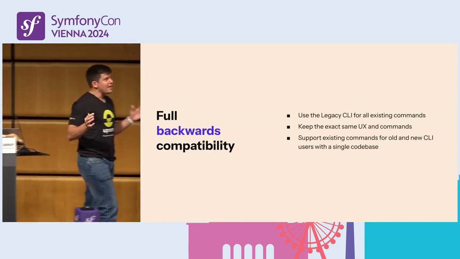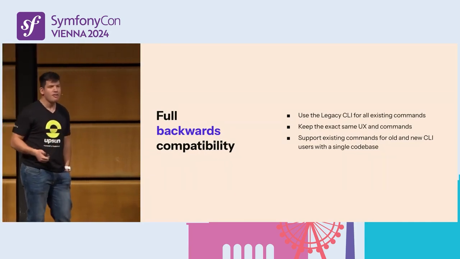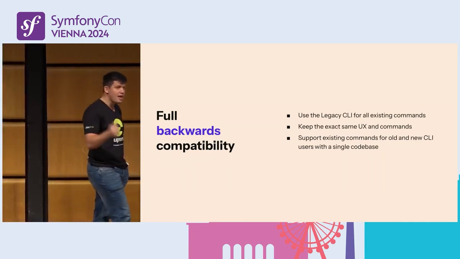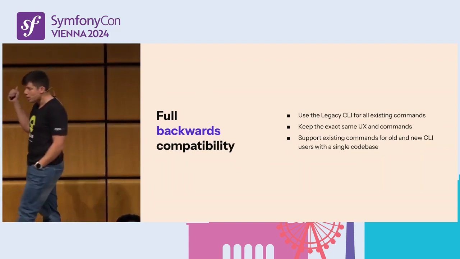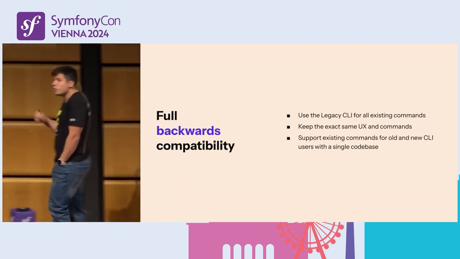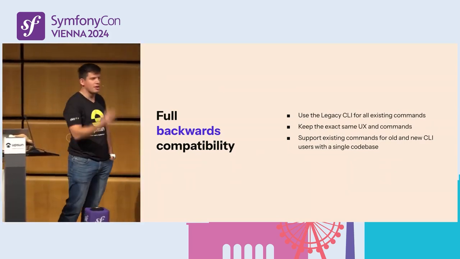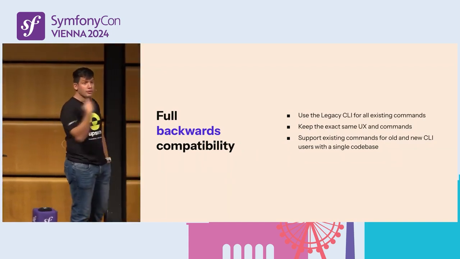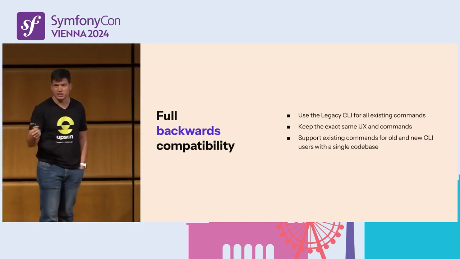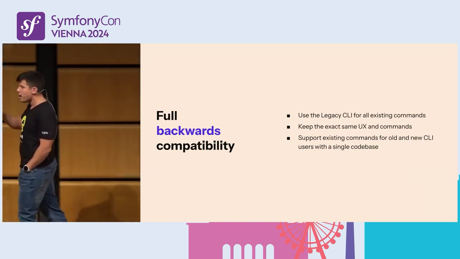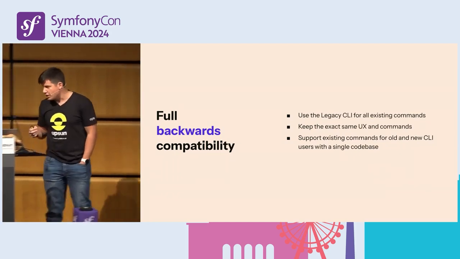By embedding the legacy CLI into the new one, we have backward compatibility out of the box. Everything that you could run before, you can run moving forward. So that's a big win. That's really easy. We didn't have a team of many developers to just go and rewrite everything in Go. And we didn't want to wait a long time to go to market and say, we have a binary, it works, it's there. So we needed to embed it. And that gave us speed in creating this functionality.